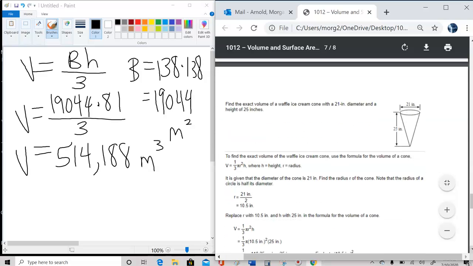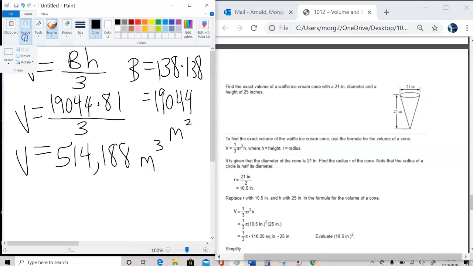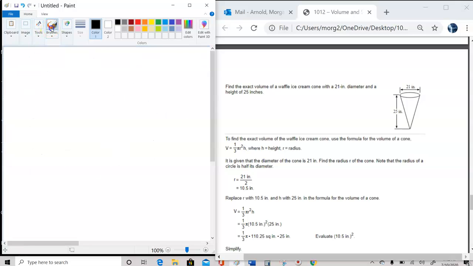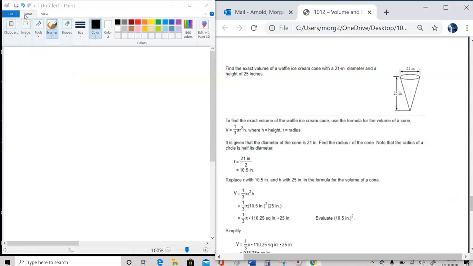I think you should do fine with these examples. Let's look at one more word problem. Find the exact volume of a waffle ice cream cone with a 21-inch diameter and a height of 25 inches. The first step, and these formulas are not always going to be given to you, you have to find the right formula. So because we have a right circular cone, the volume is 1/3